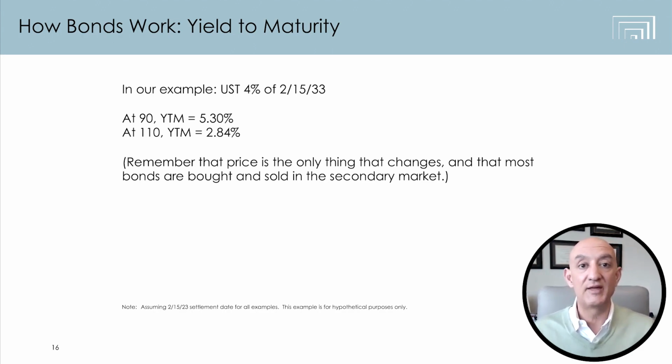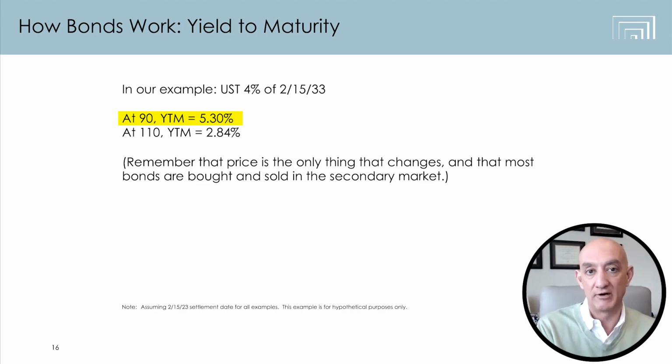But let's say hypothetically you bought that bond at 90 cents on the dollar. Now you would want to know, okay, if I'm getting my $40 a year on 90 cents on the dollar, meaning I paid $900 for the bond and it's maturing at 1,000, and I'm getting $40 a year on it, and my 900 is growing to 1,000 over the next 10 years because I get 1,000 back, 100 cents on the dollar back on maturity. What is my average yield? What is my return on this bond? So at 90, your yield to maturity on this bond would be 5.3%.